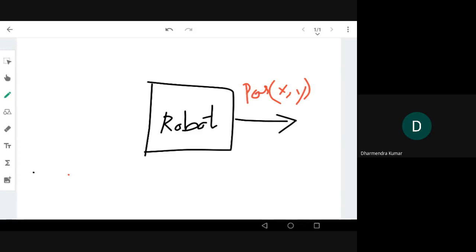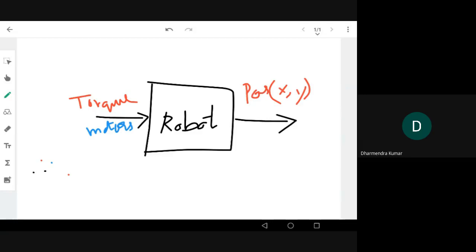So how am I going to control the position in a robot? By changing the torque, or we can say some force, or by changing the angle of the motor. So I can say how the rotation happens in a motor is through torque. I am controlling the torque here. So torque is my input to the robot, right? The torque is applied by the motors. So basically I'm trying to control the motors.